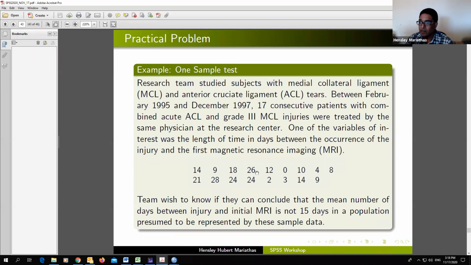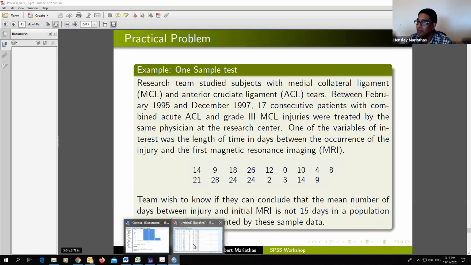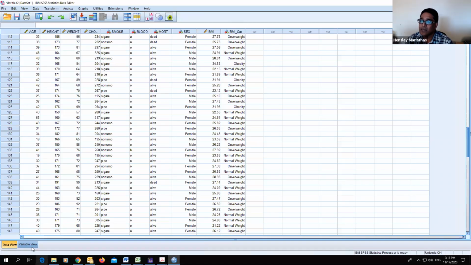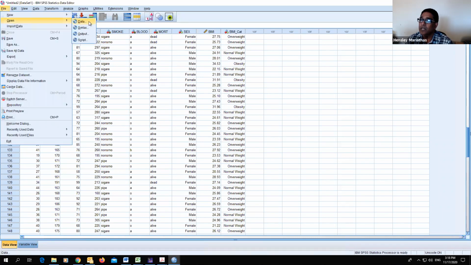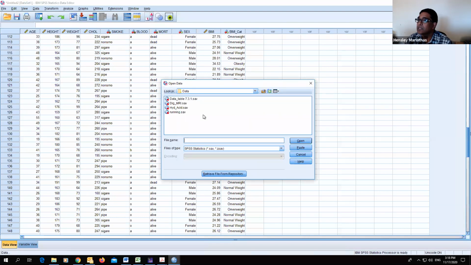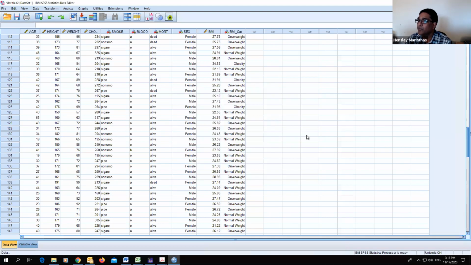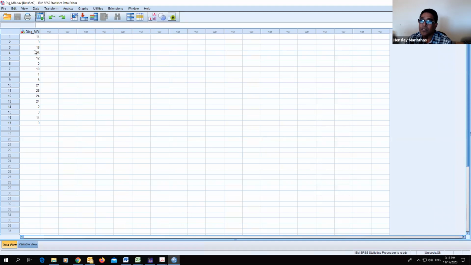All right. So in order to conduct this hypothesis testing, do you have any questions on this data set? If you don't have any data question, then I can pull the new data set, open the data. So this is the diagnosed MRIs SAV file. Just open the file, then you will get the 17 pieces of information here. All right. Once you pull the data into SPSS,